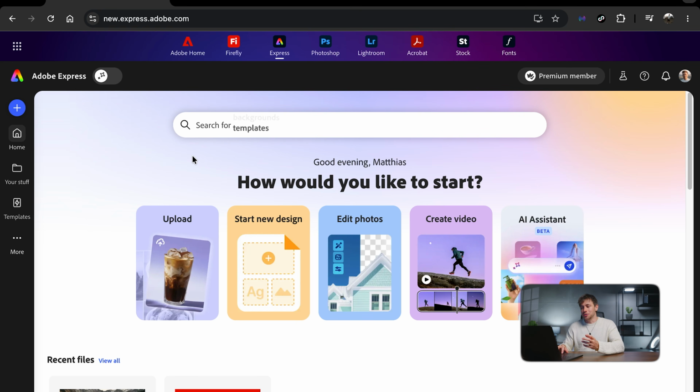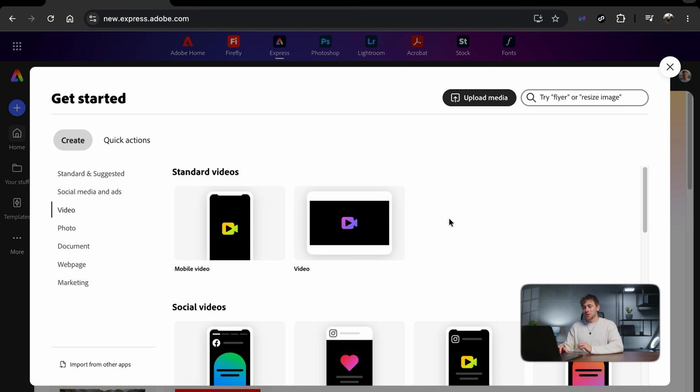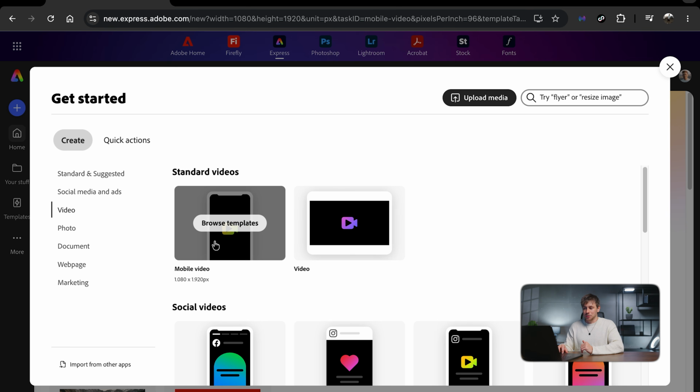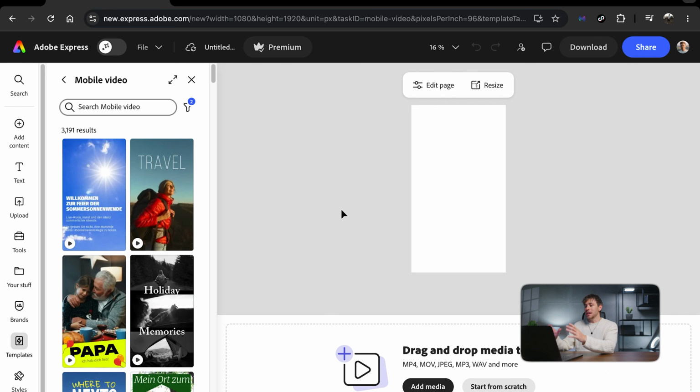In Adobe Express, you just need to press one button to start creating a video. Then you can choose a mobile video or normal video and browse lots of templates. I would choose a mobile video. And there we go, we're instantly in the video editor. Let's build an Instagram Reel from scratch, and you can use your own footage either by dragging and dropping it